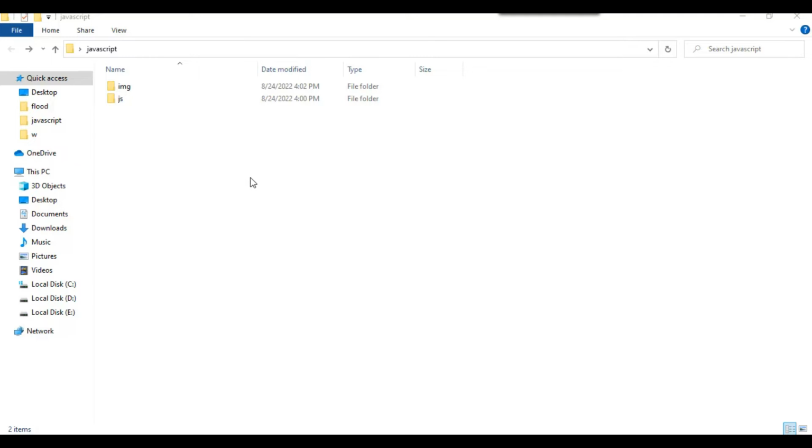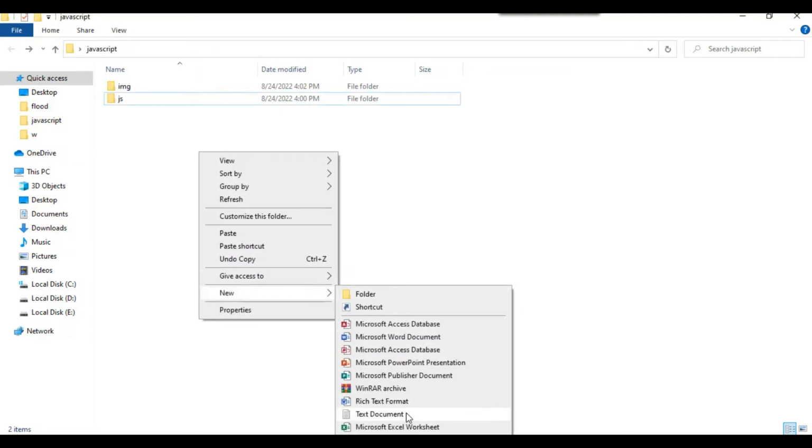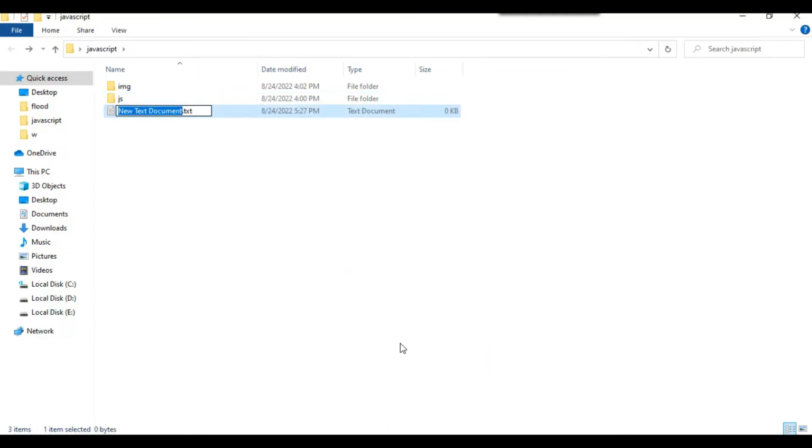Sometimes they watermark, but to disable saving the image, they do some coding for disabling the right click button through the mouse. So in this lecture, I'm going to teach you how you can disable the right click button by using jQuery. So we create one file, we name it disable